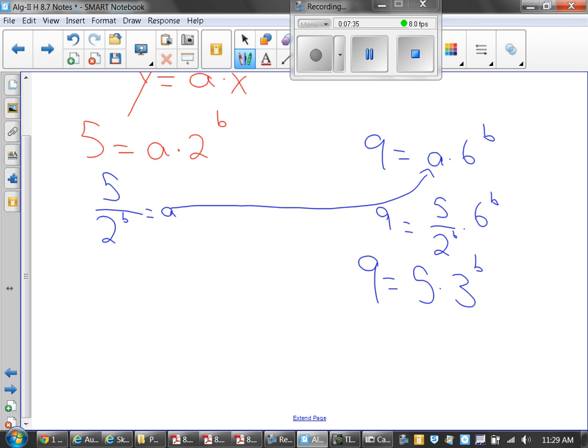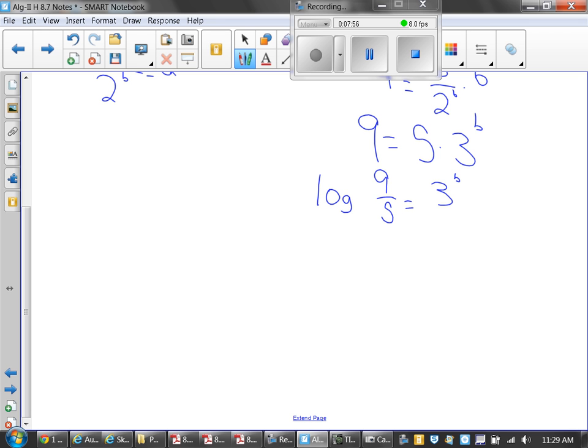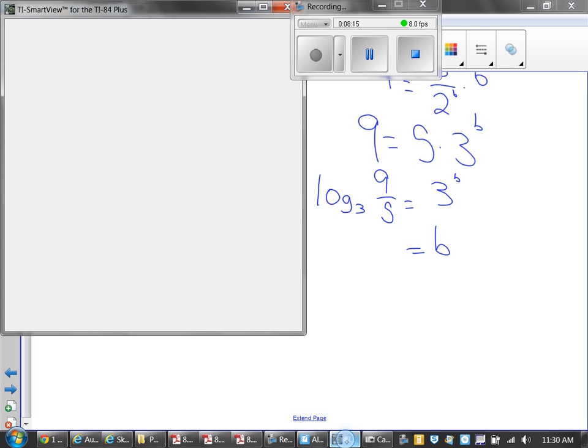How do I move it? Divide it. Divide both sides. And now how do you drop the exponent? Log. What's the base have to be? 3. So that means that log base 3 is going to equal whatever that value b is. Again, in your calculator, you can type that through. Yes, sir? They don't because they're in the variable. It's an unknown. So when you take log base 3 of 9/5,